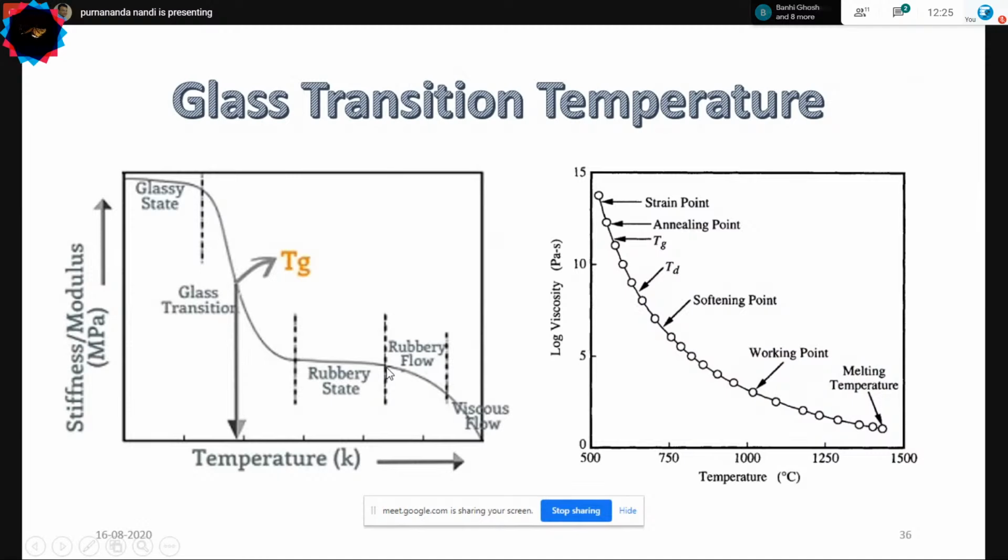Now at a certain temperature, the stiffness starts going down and becomes a rubbery state, a rubber-like, elastic state. Then it starts to flow, and then it will become a viscous flow. It's molten here. So generally the working temperature is beyond the glass transition temperature. This is a fictive temperature. It's called the glass transition temperature, but we have to work beyond that